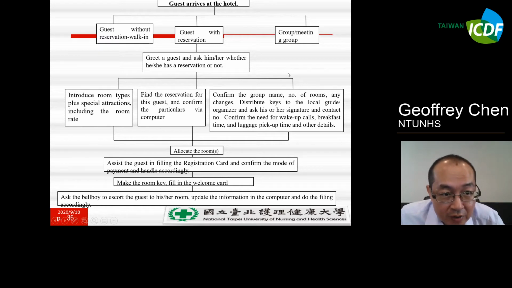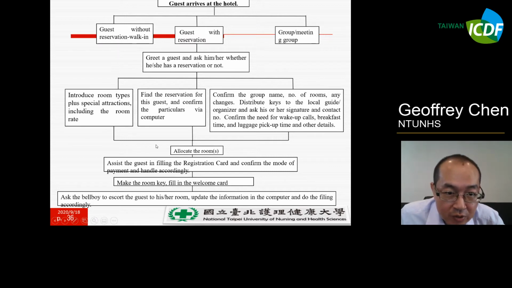You should ask them, do you have any reservation? Then introduce your room types and special attractions, including the room rates. This reply is for guests without any reservations.